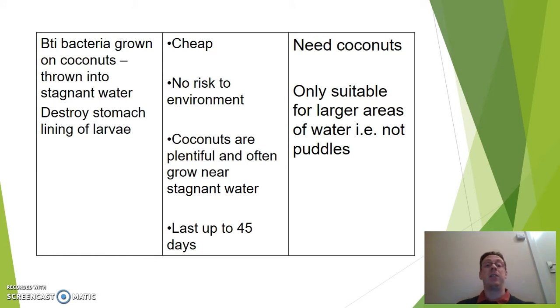Another one, BTI bacteria can be grown in coconuts. Now, this is just a type of bacteria you can grow in coconuts. You then throw the coconut into areas where you have the larvae growing, and it kills them. It destroys their stomach lining. Now, it's cheap, it's environmentally friendly. In a lot of these places, you do actually have access to a lot of coconuts, and it lasts a